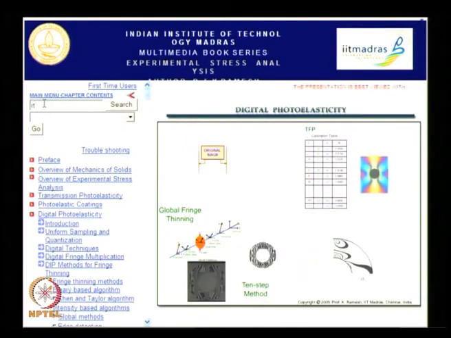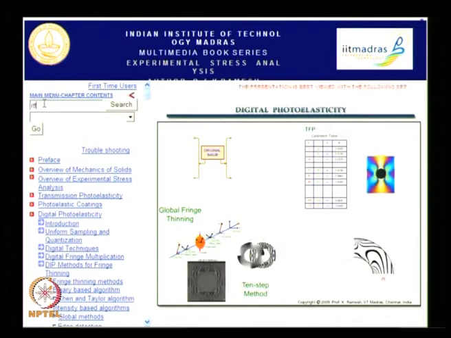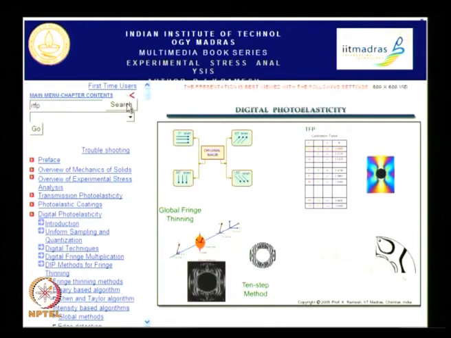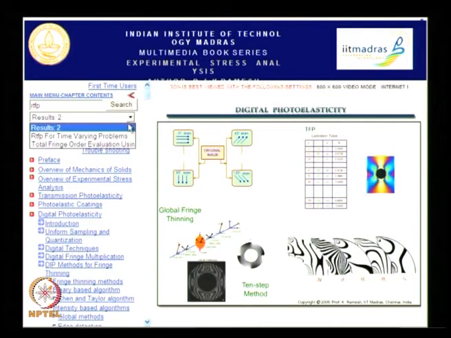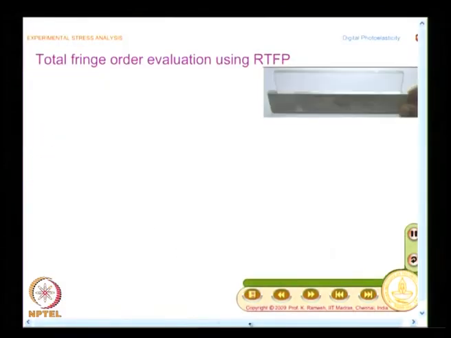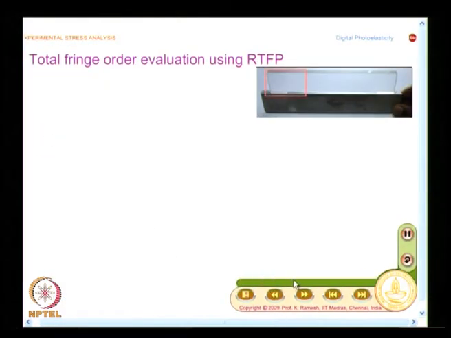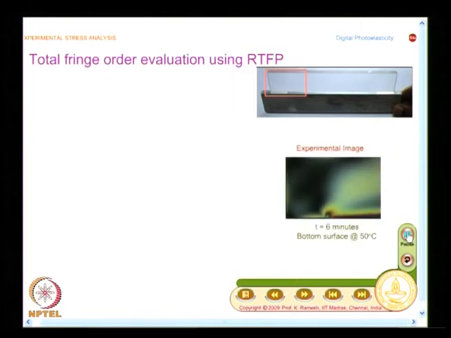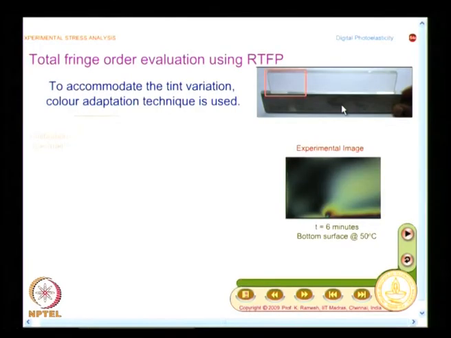Now, we will look at an interesting application of this methodology, and you have a provision in this book where you can search for the topic that you want. I take up an interesting application problem, which is becoming important in the case of electronic packaging. I have an aluminum bar and a polycarbonate, with two edge cracks on this, and the aluminum is heated from the bottom, and at the tip of the crack